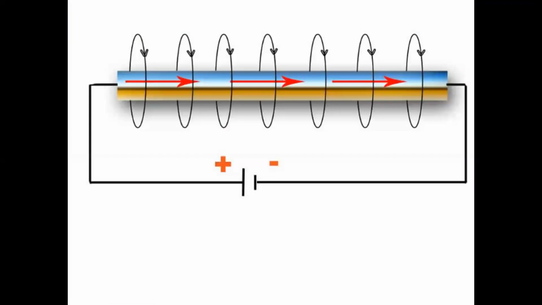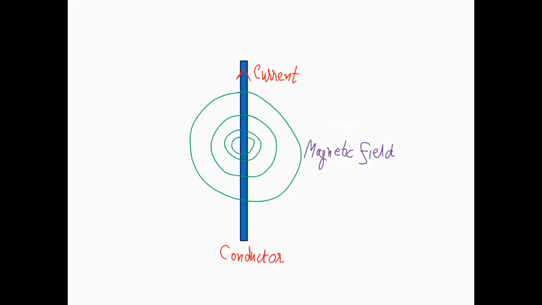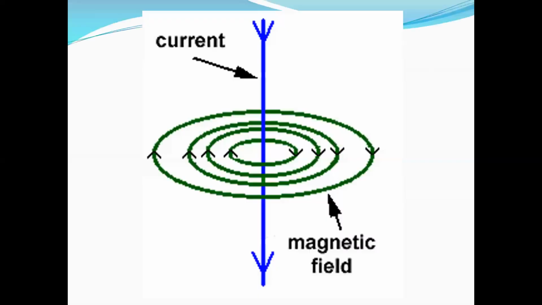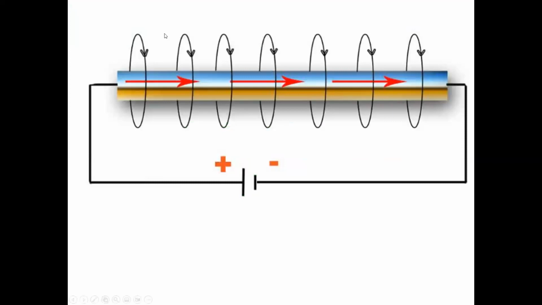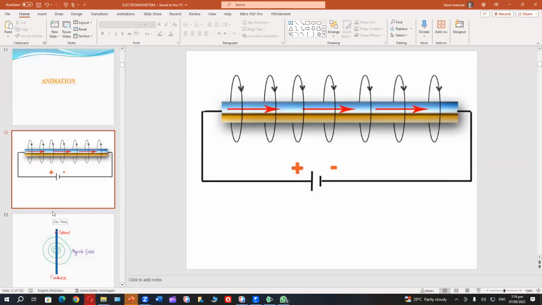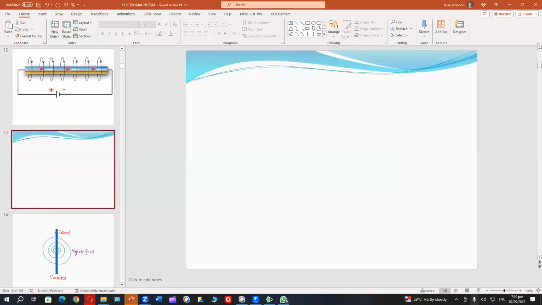So, the concept comes here. When electric current is passing through a straight wire, a circular magnetic field is produced around it. I repeat my concept. The title is: when current passes through a straight wire, circular magnetic field is produced around it. Now, after giving the heading, please write under it that when